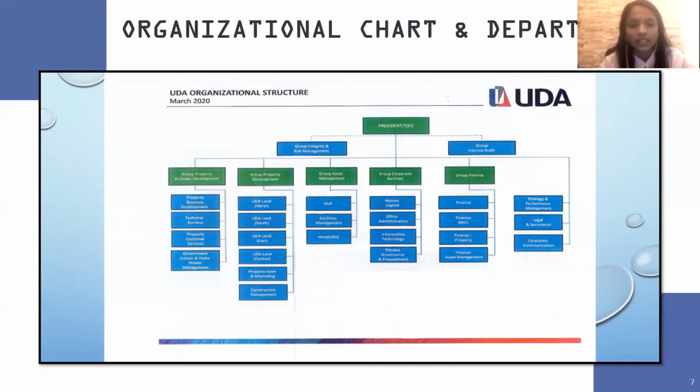And the organization core business is, UDA Holdings Berhad is a property development. They have diversified into the asset management business, namely shopping malls and other commercial properties management, facility management, as well as hospitality and leisure. Moreover, UDA may collect a variety of personal data, which may include name, national registration ID card numbers, gender, race, and so on.